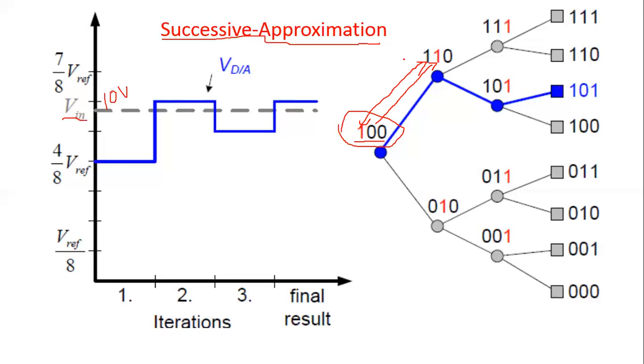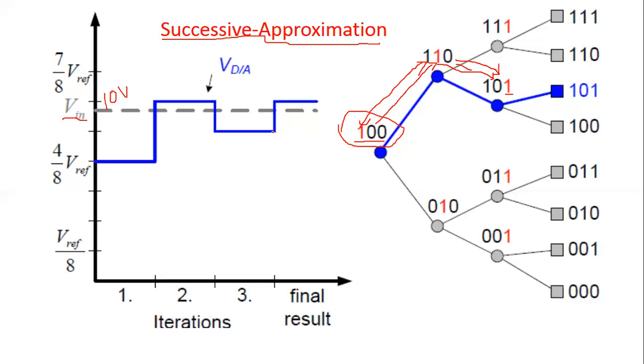Blue line is more means this red bit will be less, which means it becomes 0. The red bit will be converted into 0, and the previous one stays as it is, 1, so 10. And check for the next bit. The next bit, which is 0, is converted into 1. So now 101 is the value.